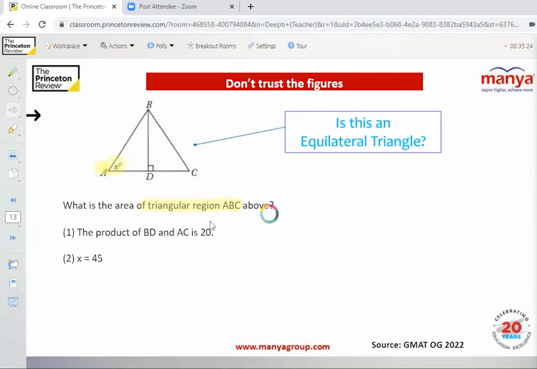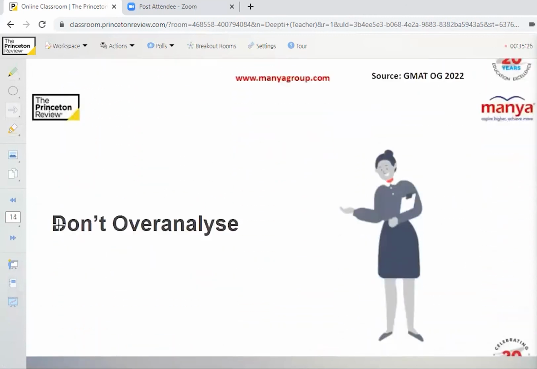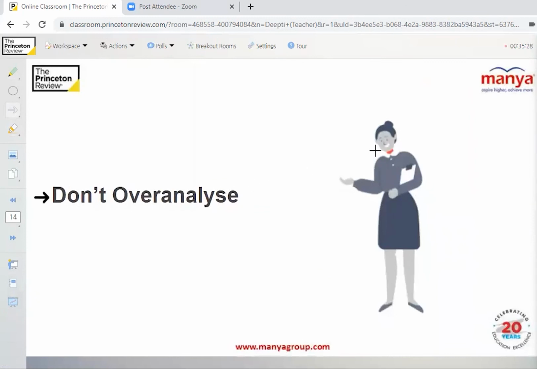Now, you must know that on data sufficiency questions, we are not required to overanalyze the question. Remember that data sufficiency questions don't test your number crunching skills, but rather whether you are able to analyze a set of data and decide what information you need to answer the question. It tests how you approach a problem and go about solving it rather than your calculation or arithmetic skills. You may not really need to do any math for these questions.